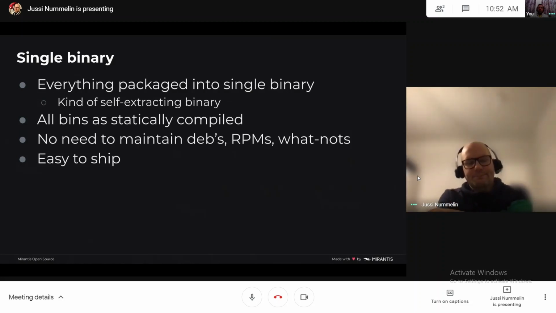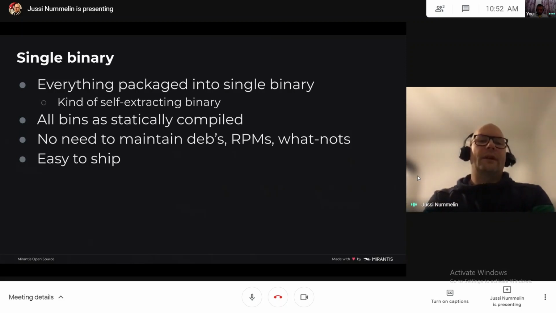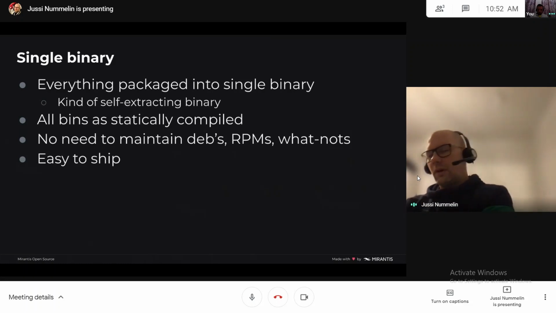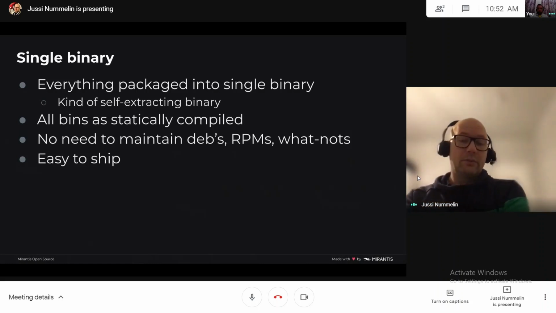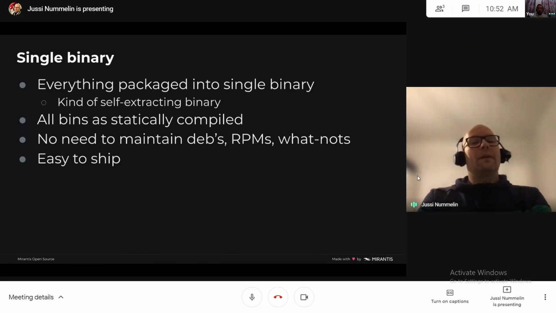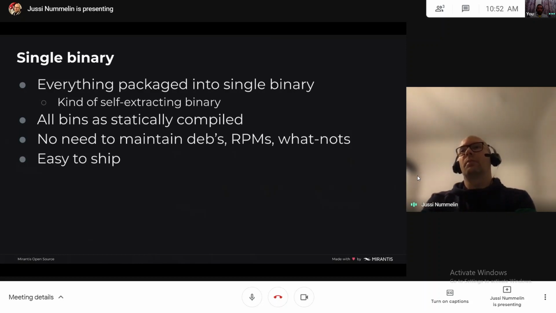So yeah, everything in K0s is packaged as a single binary. One way to think about it is like a self-extracting binary. In the binary, there are actually other binaries within the K0s binary. All of the binaries that we package in, like all of the Kubernetes components and everything, we compile in our build pipelines.